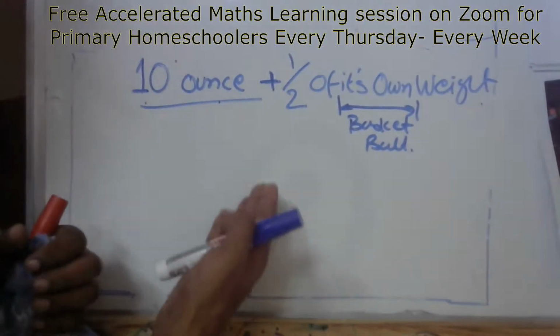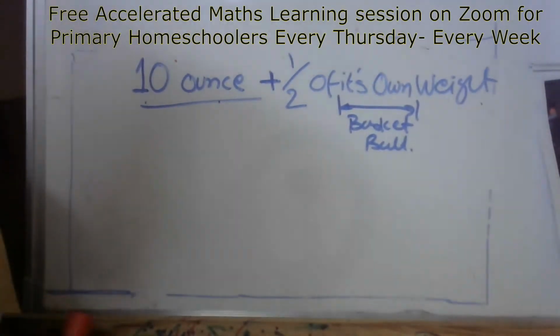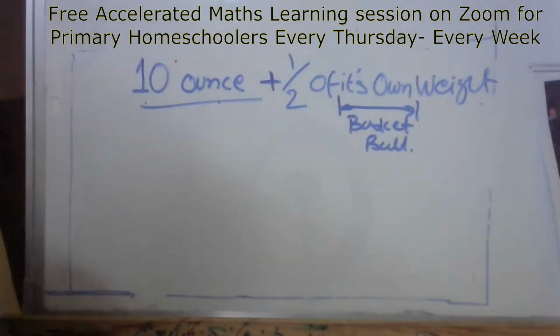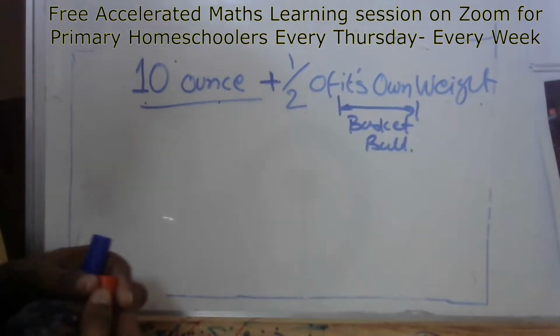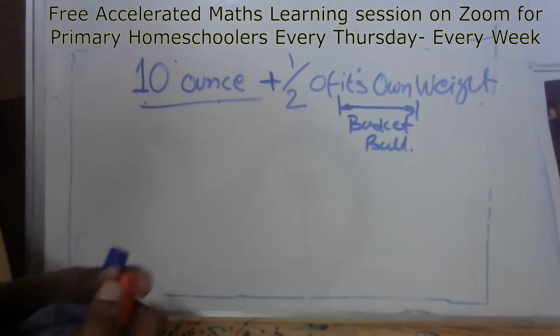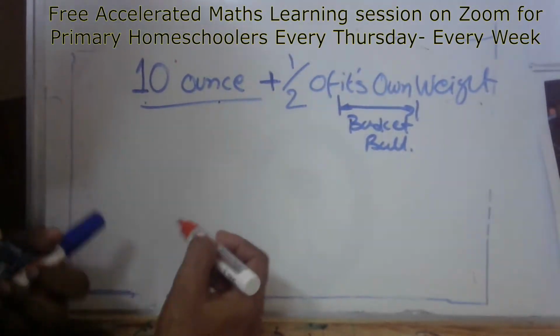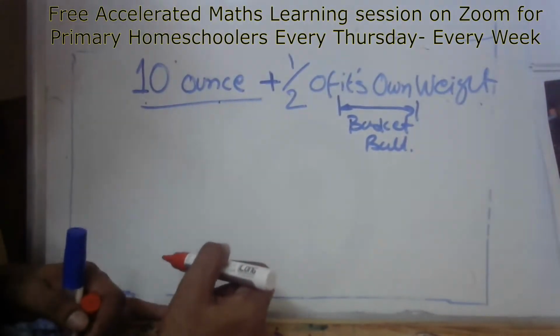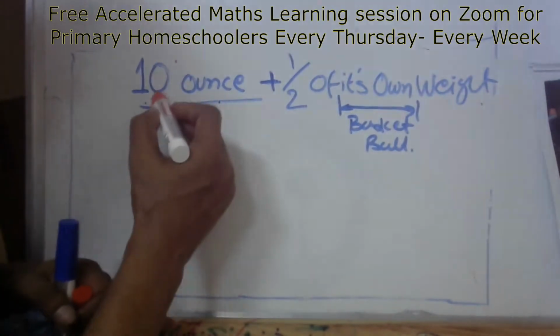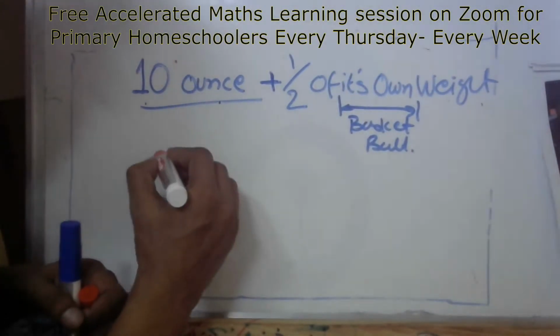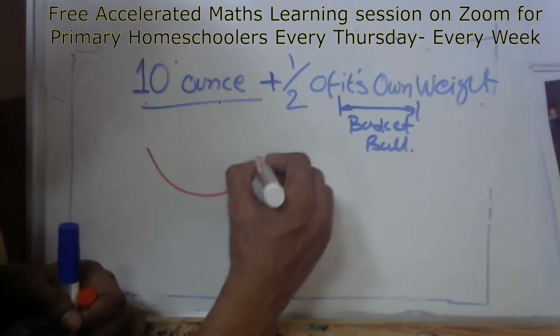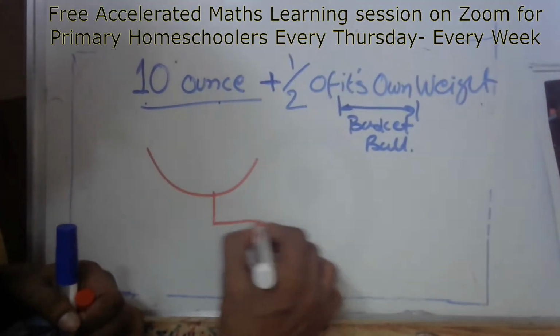So if we get into equations and all, then it will be trickier. So you always try to visualize what the situation looks like. That way it will become easier for you to answer the question. Imagine we have a 10 ounce weight. I go grab a 10 ounce weight and I go grab a weighing scale.